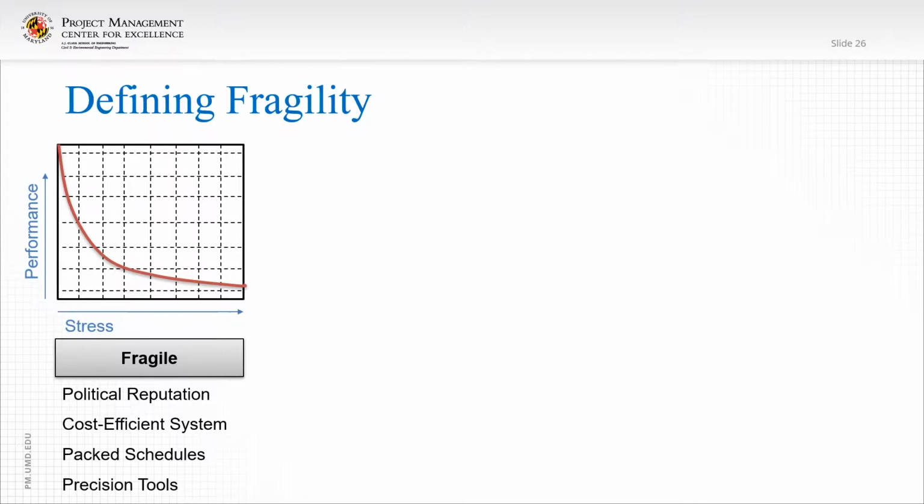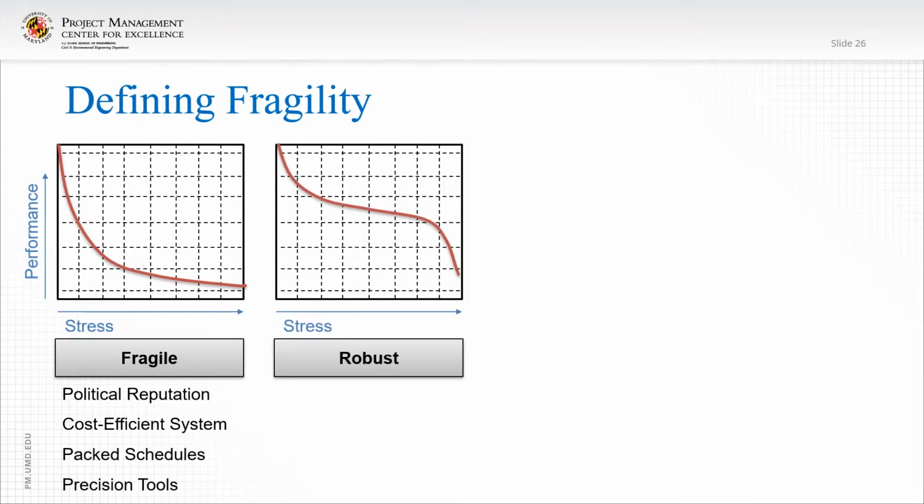Then we have the robust system. Here we see what is our typical S-curve in dealing with stress. And of course, systems like this include a worker's reputation, a redundant system which has the ability to back itself up, a simple to-do list whenever you're getting your work done, or products like houses and cars, which can handle some damage. And yeah, initially you lose a little bit in terms of the quality of it, but it does about the same until the whole thing falls apart on you